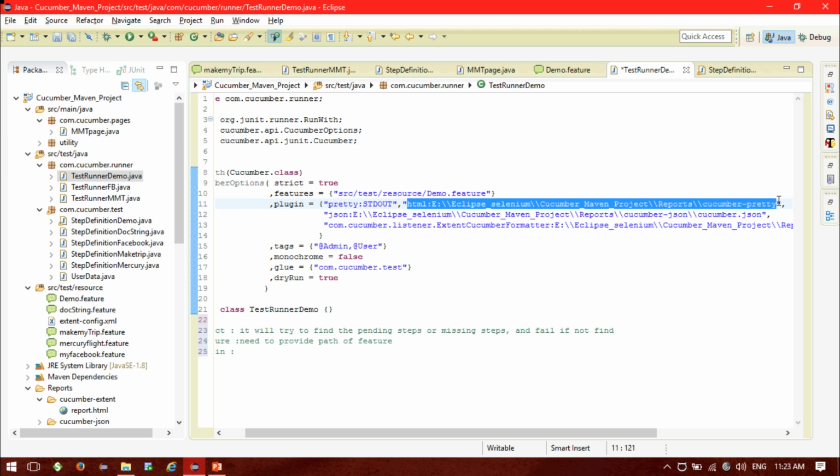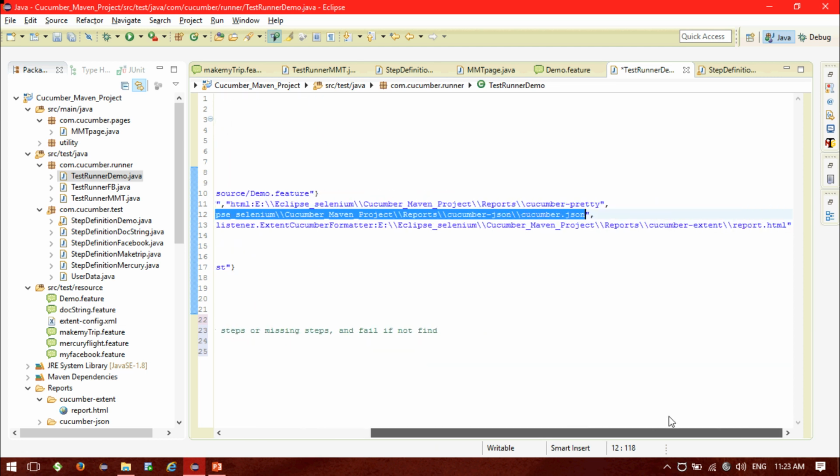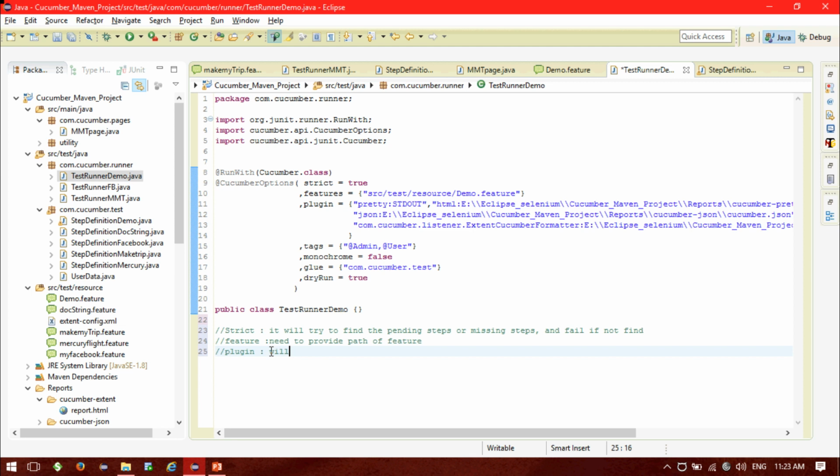Not only can we generate a report as HTML, we can also generate a report in JSON format. So cucumber.json, that report will be generated. Along with that, there is an advanced reporting format that we can utilize using Extent Reports, which I will cover later in next sessions. So plugin contains the reporting features.